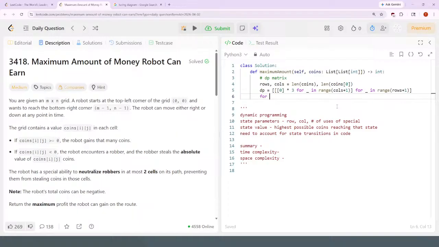Neutralize. I don't know if I should use double underscores here. I'm pretty sure it doesn't matter. So initializing, can neutralize up to 2 robbers. Okay, so for every